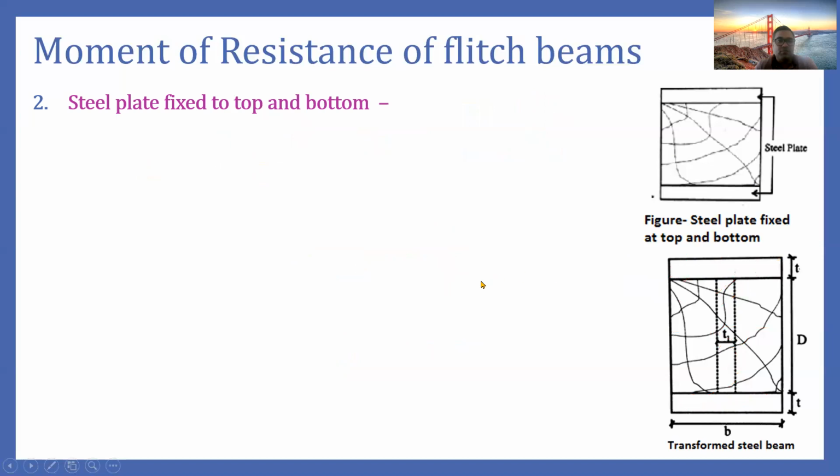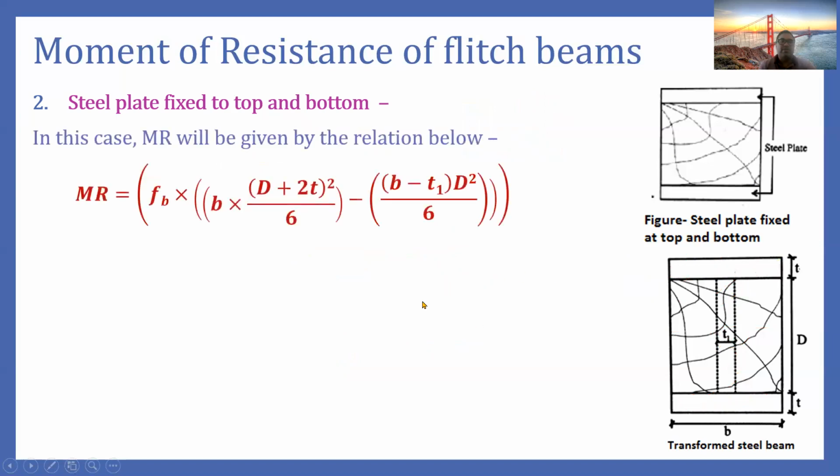So I have already provided the formula. So that is our formula. In this case, FB is the bending stress of the steel, because I have converted this timber into steel form. This is only for the calculation purpose. In actual, it will be in the form of timber. So here it is bending stress of the steel, and this is the section modulus of the rectangular section.